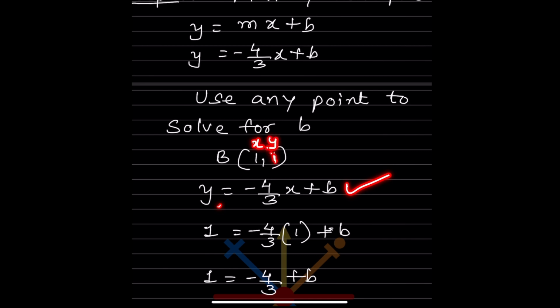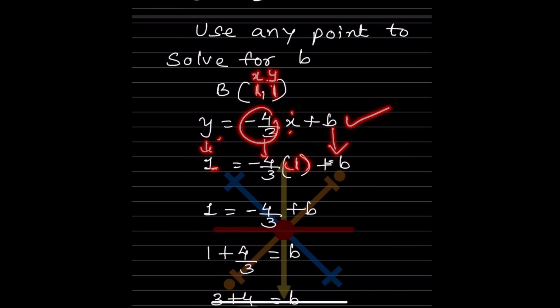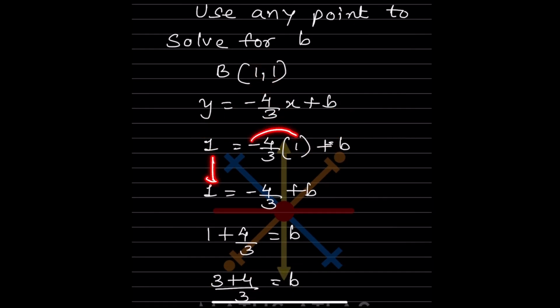So y is 1, so below this I'm going to write 1. And here x is also 1, and the b will be as it is. When you multiply this, you get minus 4 by 3, and the b is as it is. So 1 minus 4 by 3, when it goes to this side, becomes plus 4 by 3,